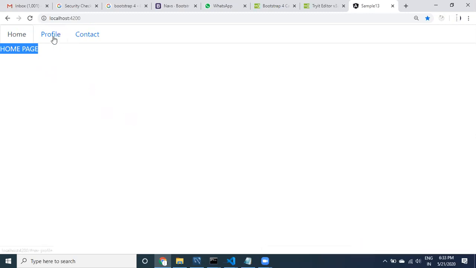But whenever you use components, if you load this page, the home component is already loaded. When you are using the home component, profile component, and contact component with Bootstrap, by default the home component gets loaded, the profile component also gets loaded, and the contact component also gets loaded. So don't use this approach for components. If you only want to display the content part, then it is sufficient.